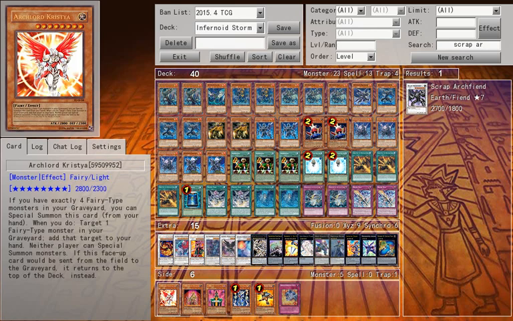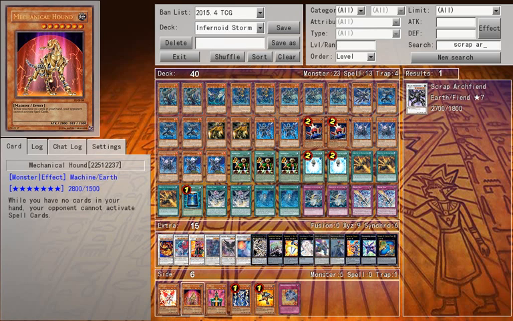Next is my 2 level 7s I'm using. I could use Mechanical Hound. You're probably thinking, Mechanical Hound, what the heck? No one's playing with this. But you can easily get rid of your hand, and your opponent cannot activate spell cards, which messes over Necros and Shaddoll, because they need their spell cards to destroy it and summon out their big boss monsters. How are they going to Trishula you when you have a Mechanical Hound? And you can't get over it with Ally,